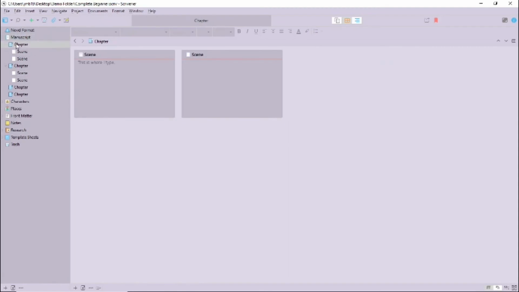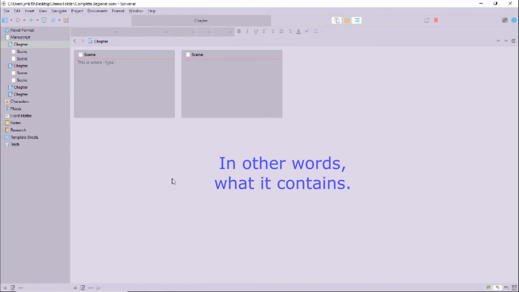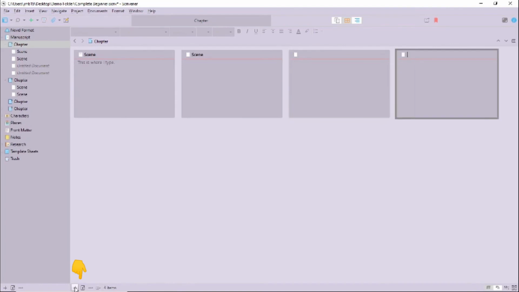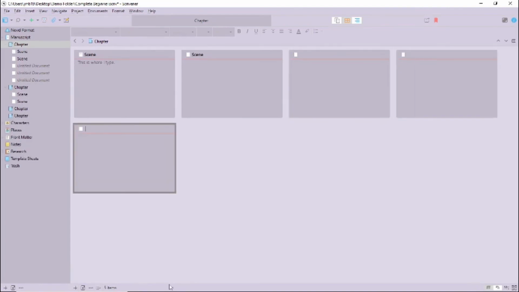You will see that all the scenes in that chapter are listed. So, you can see the next level down of the corkboard according to what you've selected in the binder. But everything does have a corkboard card. Just like creating items in the binder, you can create folders and text documents from here, and each will have a corresponding typing page. There are different ways to format these cards, but we're not going to do that right now.